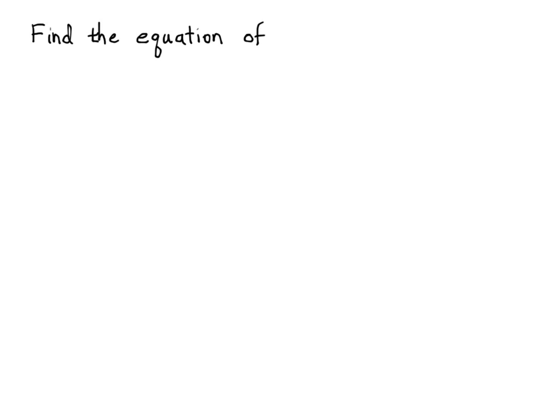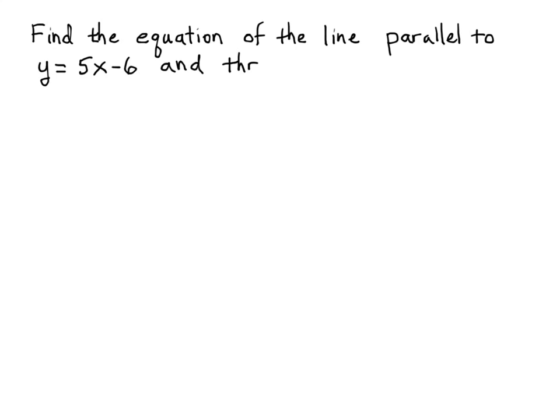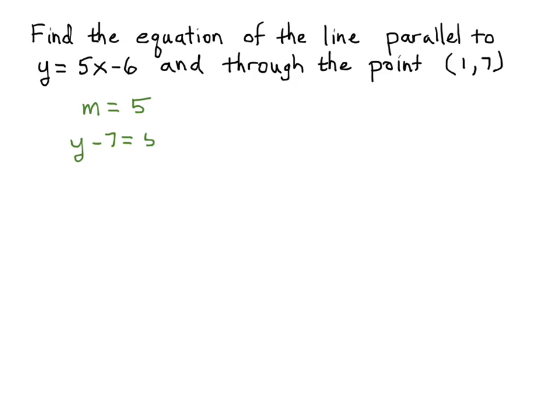Okay, so let's look at a couple other variations of problems involving lines, equations of lines. So let's say we want to find a line that's parallel to another line, and we know the equation of the line. This is actually a fairly straightforward kind of exercise because we know that m equals 5, right? We know just by looking at this form that we have a slope of 5. So all we have to do then is put this into our point slope form, drop in the 1 and the 7, and then by simplifying it we get